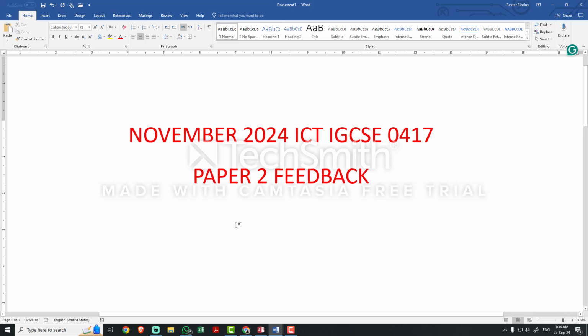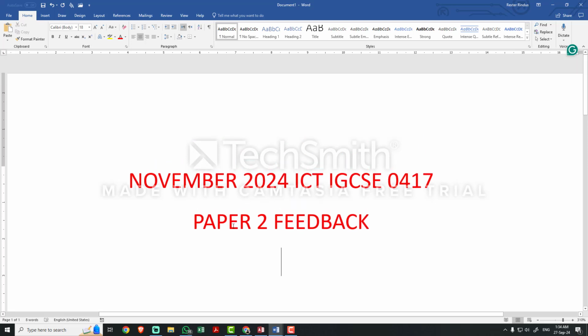Paper 2. Based on the feedback of most of my students, they said the examination is really quite easy. There is just a slightly different way of giving the question in an access part, but in general it was just easy. So let's point out each of the feedback they have given to me and discuss what those things are.